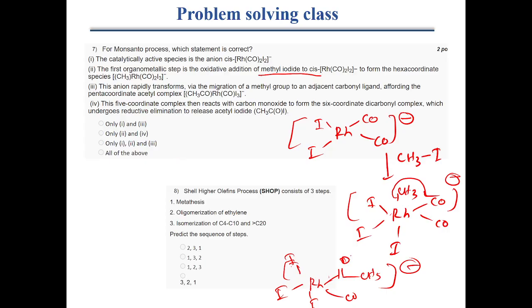After the five-coordinate complex, it then reacts with carbon monoxide to form the six-coordinate dicarbonyl complex, which undergoes reductive elimination to release acetyl iodide. This is also right. After that,